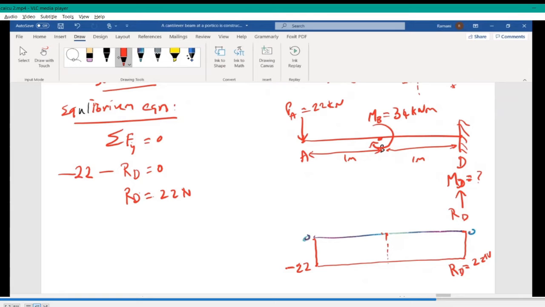So your shear force diagram will be something like this. I repeat once again, we are doing only force in the y direction. When you plot it from axis 0, minus 22 because negative, so going down, and then moving on, it remains the same because there is no loading onto the member in the y direction. I follow like this until this point, but at this point,